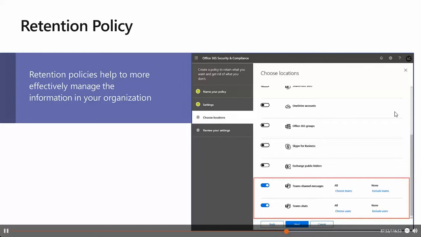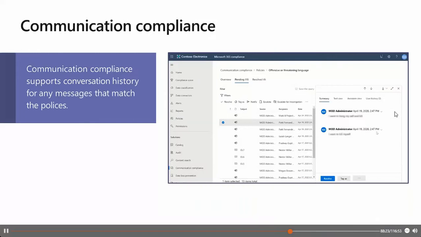To delete the data is typical, I think, to delete the information and it is permanently deleted from all storage locations on the Teams service itself. So with the retention policies for Teams, you can obviously retain Teams chats and or channel messages for a specific duration and then do nothing. The same for a specified duration and then delete the data, or delete Teams chats and or channels after a specified duration, for example. The next feature is communication compliance.